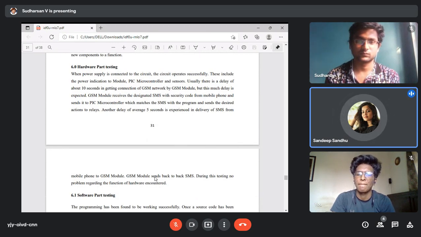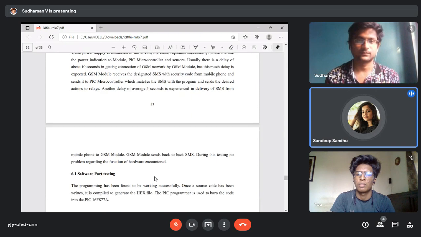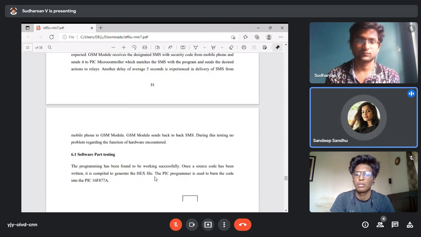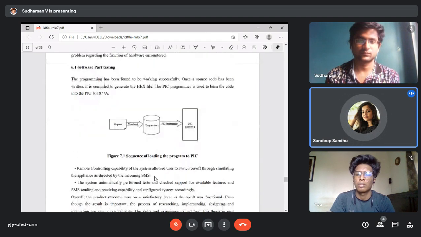Usually there is a delay of about 10 seconds in getting connected to the GSM network by the GSM module. Mobile phone to GSM module. The GSM module sends back an SMS. During this testing, no problem degrading the function of the hardware was encountered. Software part testing. The program has been found to be working successfully. Once the source code has been written, it is compiled to generate the HEX file. The PIC programmer is used to burn the code into the PIC